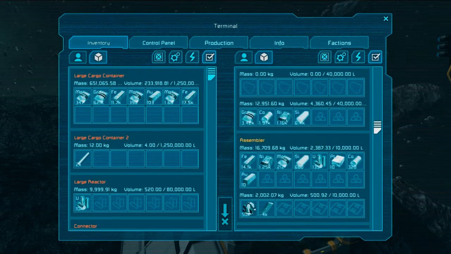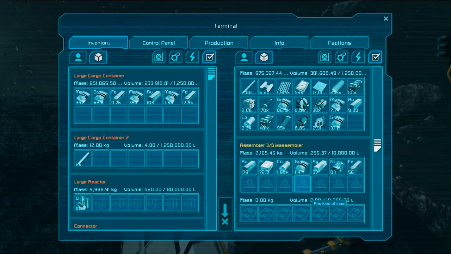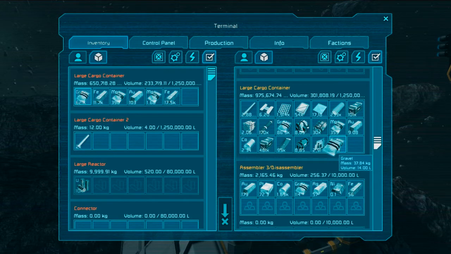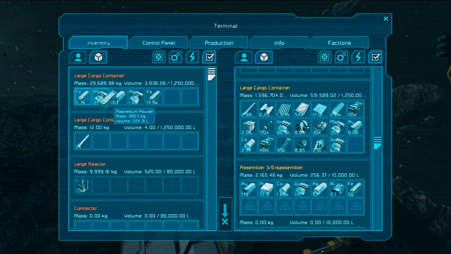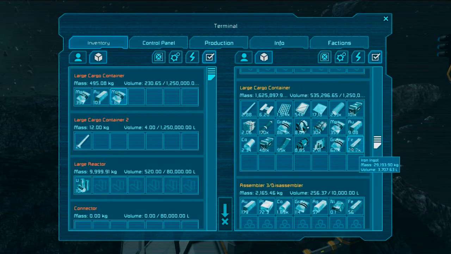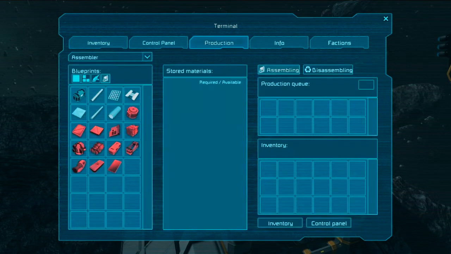So there's that, we have our assemblers, and we can just dump off the rest of this into our large cargo container. Magnesium, we got some more gravel, we got a bunch of iron. Though as you can see, most of it was actually already pulled out and into our sorting system. And we got some gold to add in there as well. Not too shabby. Now if you look at our production,